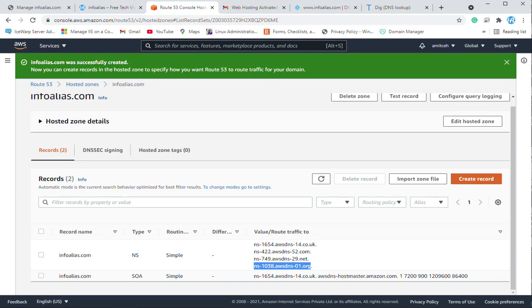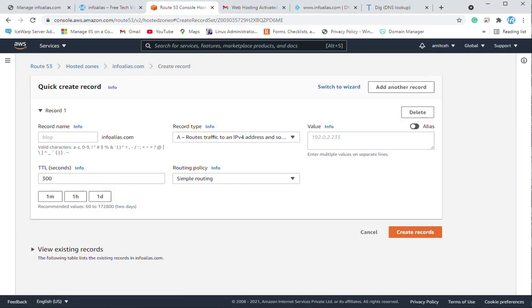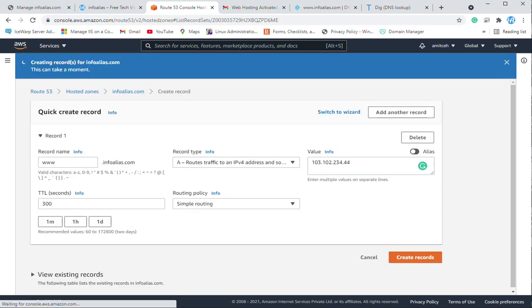So we need to create the records like this, which should be www, and the IP address for this is where the website is hosted, and the TTL value is 300. So in 5 minutes it will be synchronized and replicated worldwide. So I need to click on create.